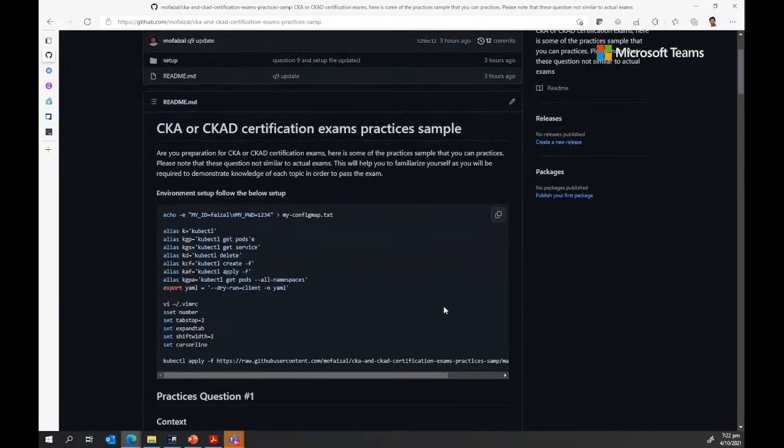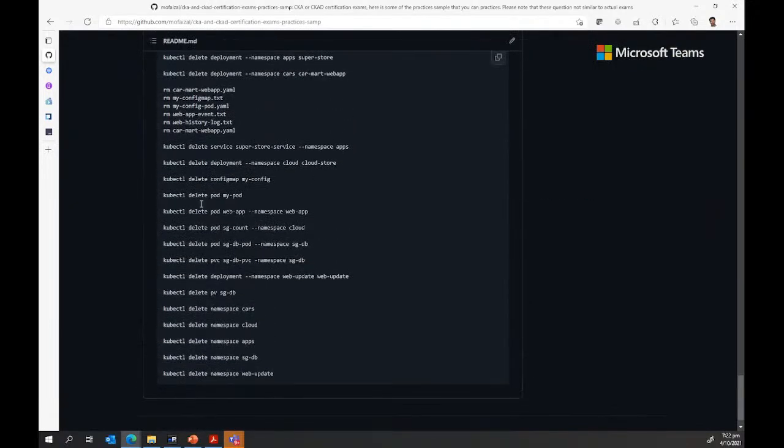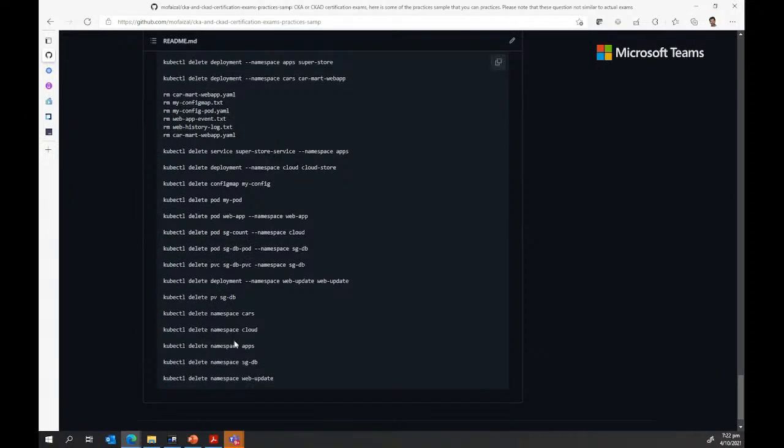As long as you have a cluster, you can set up this environment. If at the end of the day you want to clean up, just run the script and it will clean up for you, so that every time you do it, it will be new for you. Okay, now let's focus on